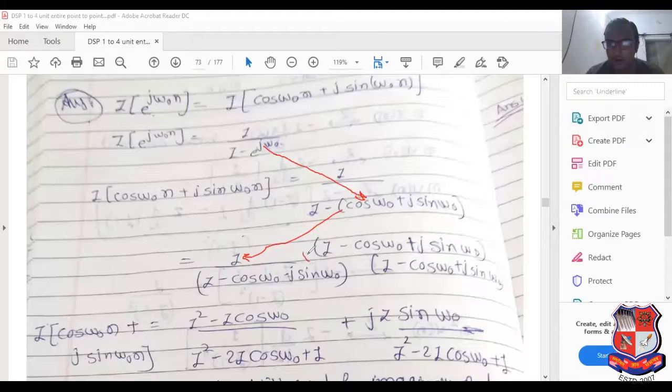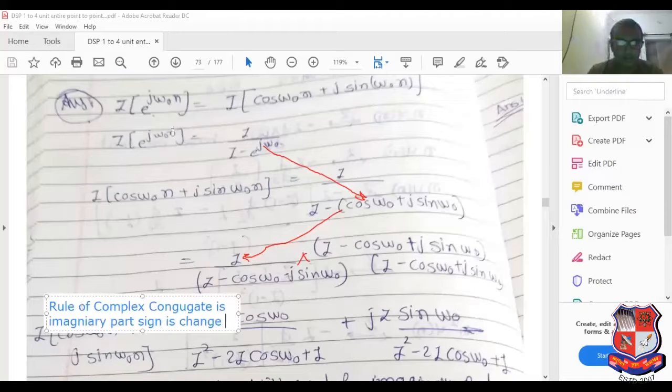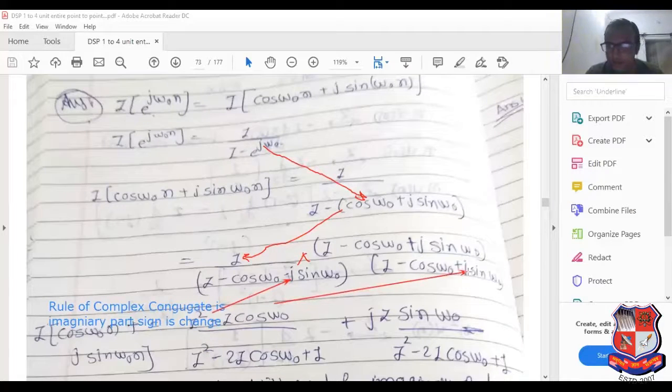Now you can multiply and divide with the complex conjugate. What is the rule of the complex conjugate? The sign of the imaginary part is changed. Here minus sign and here plus sign. So if you multiply both,